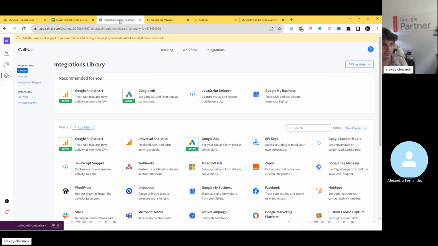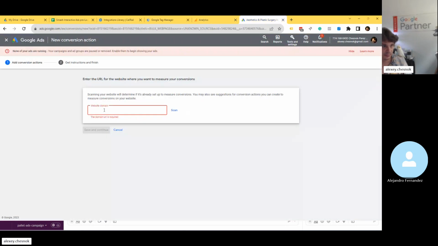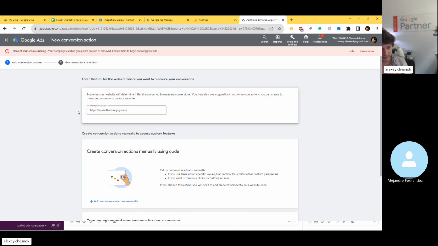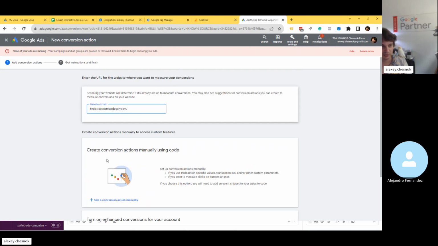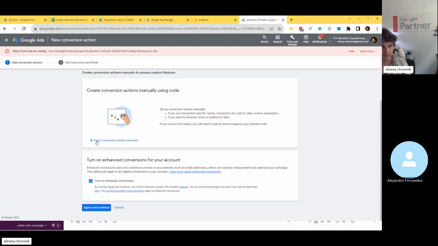Here. Website domain scan. Yeah, this is the flow for the automated setup. Automated setup is stupid, but unfortunately there is no way to skip it. So you have to paste the domain name and then, instead of automated setup, you click on add conversion